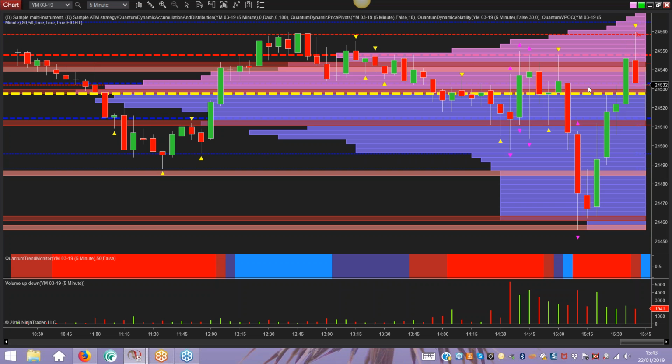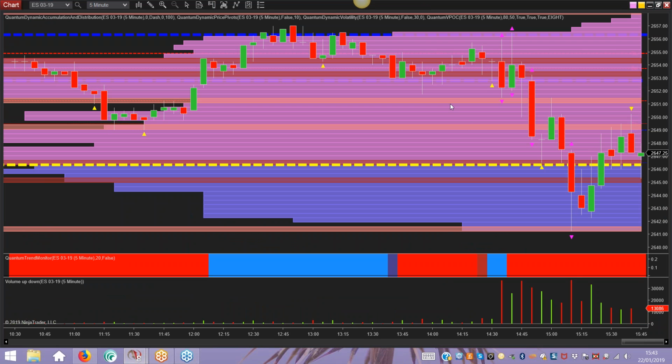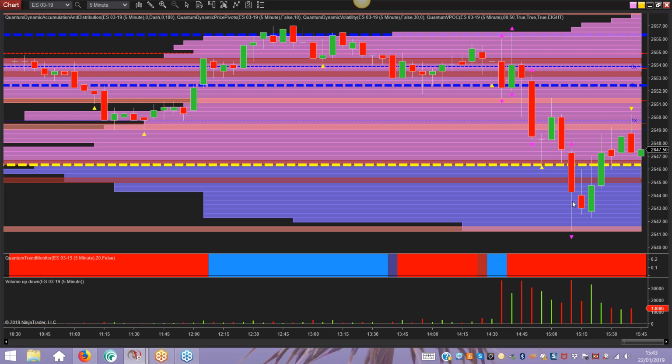Is it a market to be trading right now? No. I'm not interested in this market right now until it develops some direction. There's certainly no direction at the moment at all. The same is true on the ES, the middle one. There we go. Again, we're trading around the volume point of control. Again, we had the volatility trap, just about an hour after the open. Move to the downside. That's not to say there aren't points to be taken out of the market. There are always points to be taken depending on your degree of risk. But it's not something I would have been interested in right now.